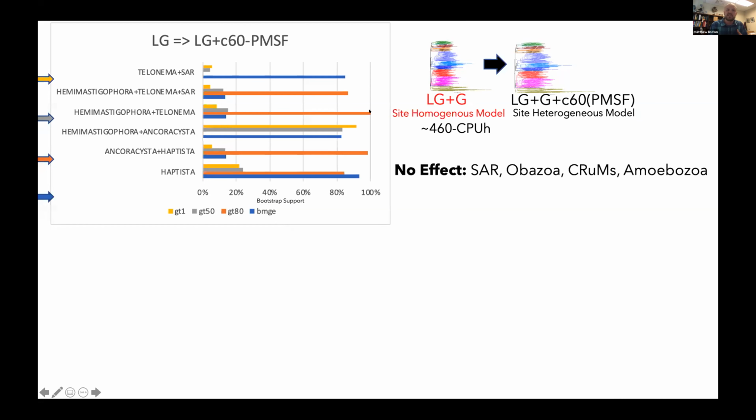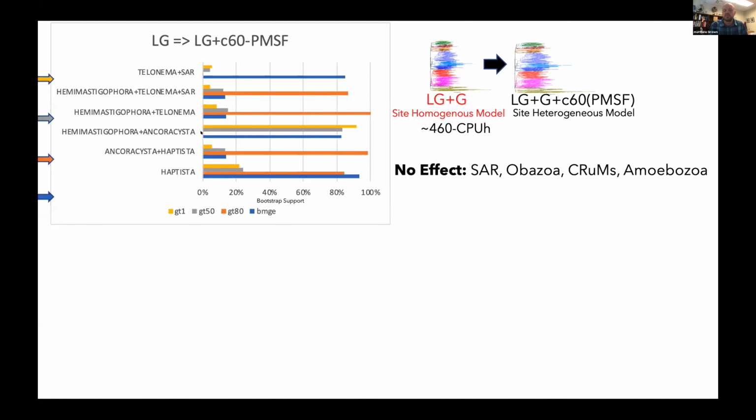And these topologies may be fully supported or 0% support. For example, Hemimastigophora plus Ancyromonadida is fully supported in the gap threshold of 1 and 0% support in gap threshold of 80. There are some clades that have no effects, such as SAR, Obazoa, Crumbs, and Amoebozoa, but